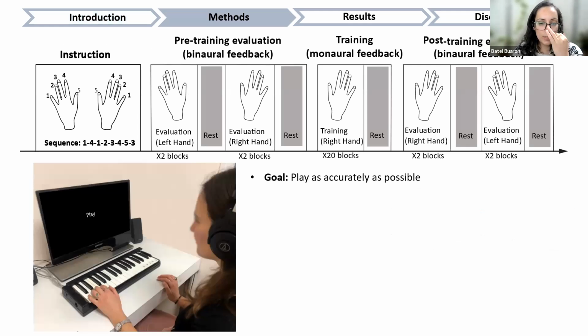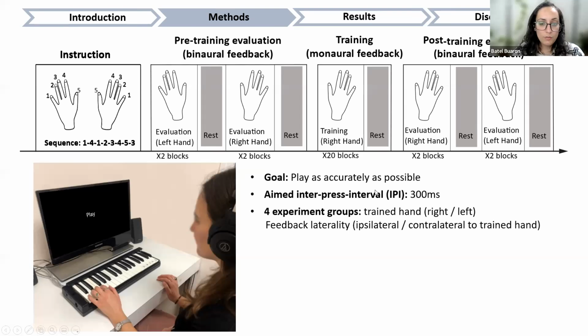So in order to do this, we brought participants to the lab, and we taught them to play a short sequence on a digital piano. So this was the sequence. And we asked them to play the sequence as accurately as they could, both by the order of the notes, so they had to do the exact order, but also they had to keep a constant interval between each note. We call it an IPI, or interpress interval, of 300 milliseconds.